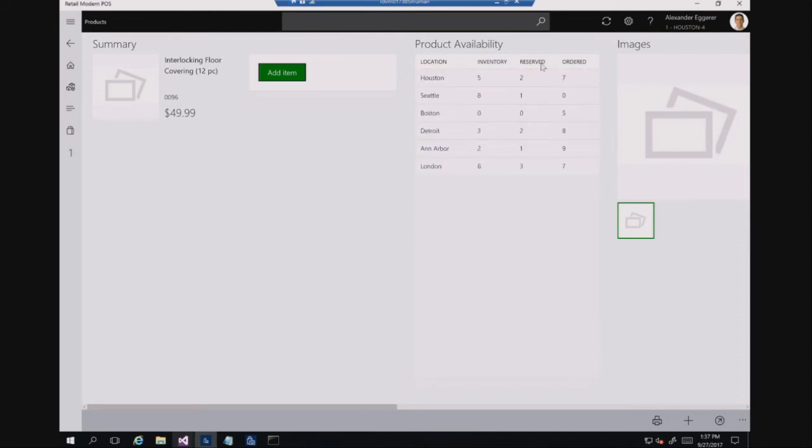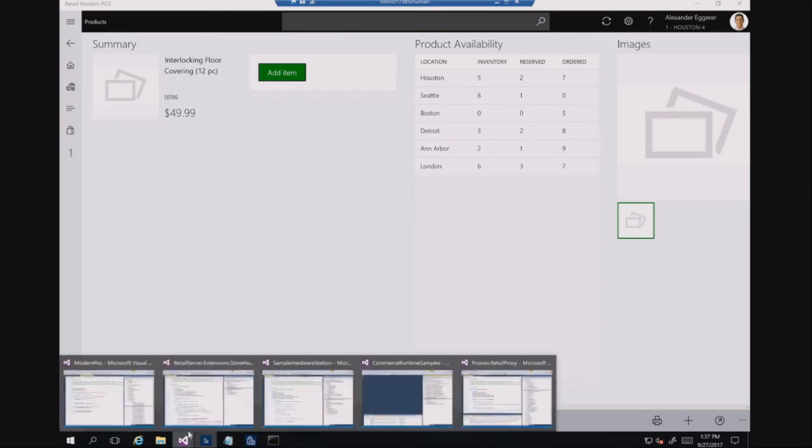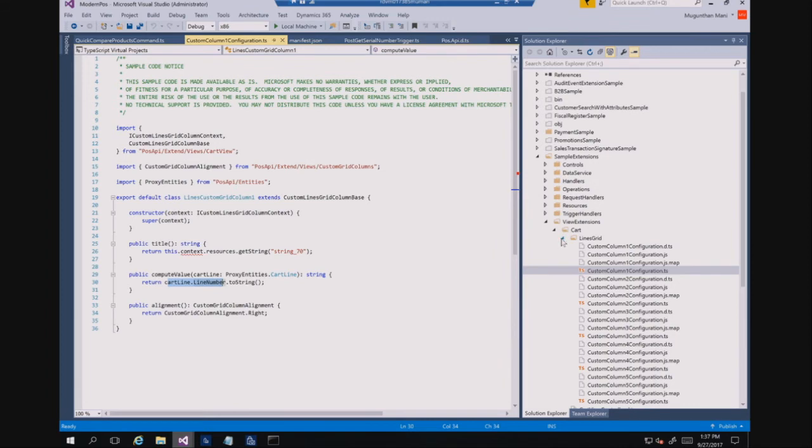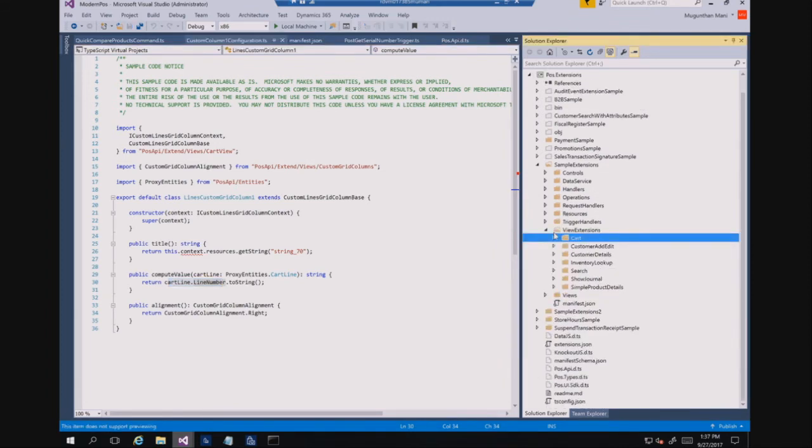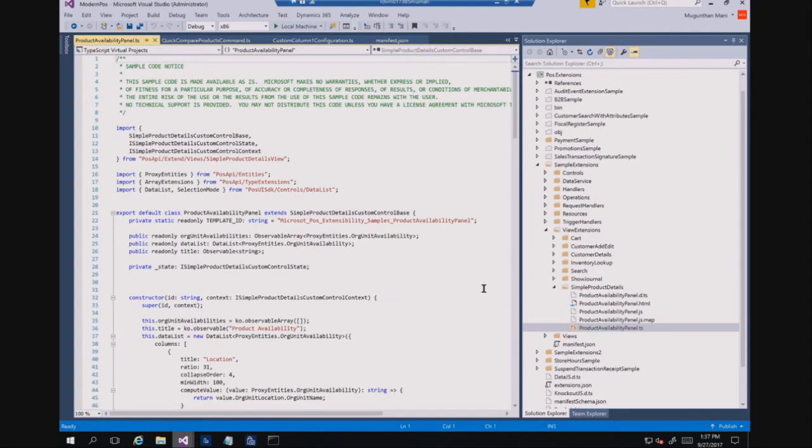For example, in this page, we completely added a new custom control to show the product availability information. It was not there in the out-of-the-box product, but you can add a custom control here and then show this information. If I quickly go to the code, exactly on the product details view, this is the availability panel as we added as a custom control.